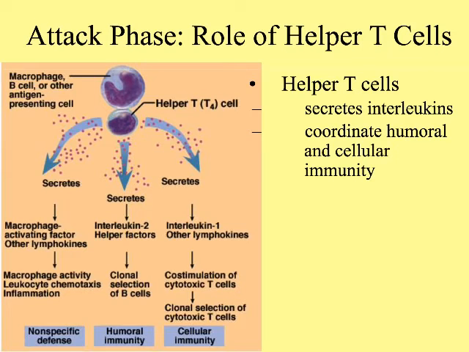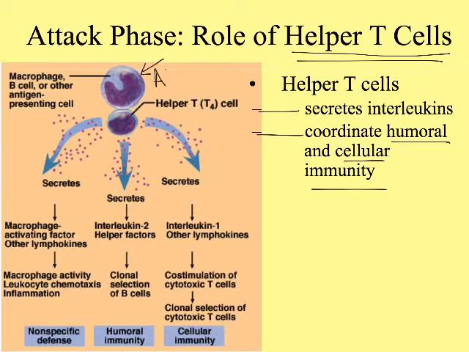Now, helper T cells, I always think of them as a general. They're going to coordinate your adaptive immunity, humoral and cellular immunity. So here's the cell that's antigen presenting, saying, I killed strep. It binds to the helper T cell, and the helper T cell is going to trigger nonspecific defense. It's going to trigger the production of antibodies, and it'll trigger these cytotoxic T cells to go around and